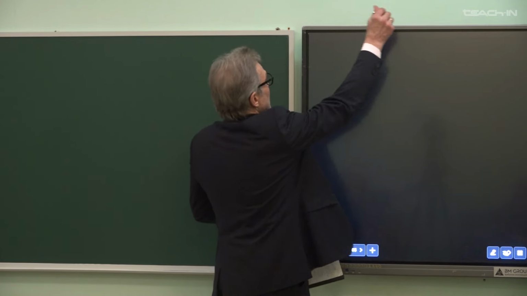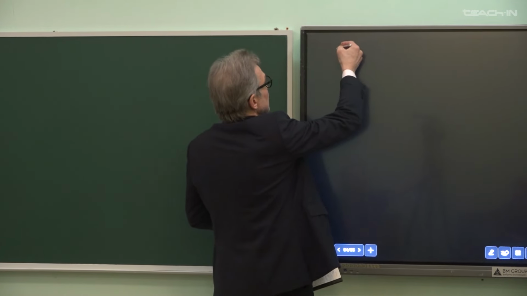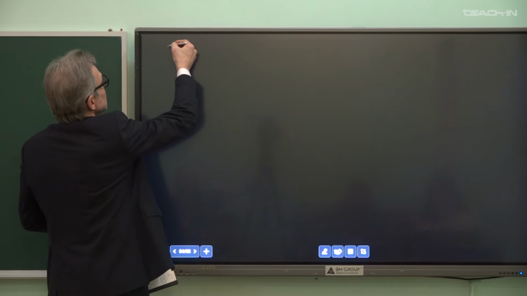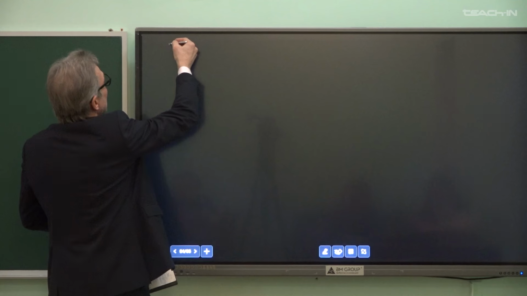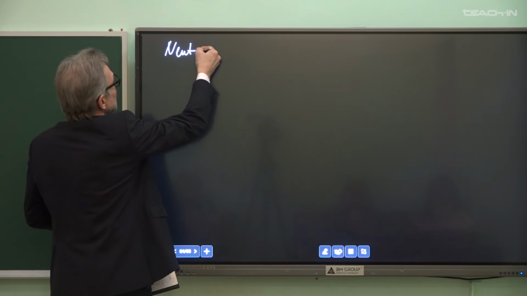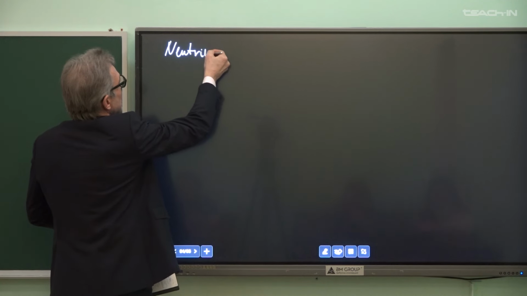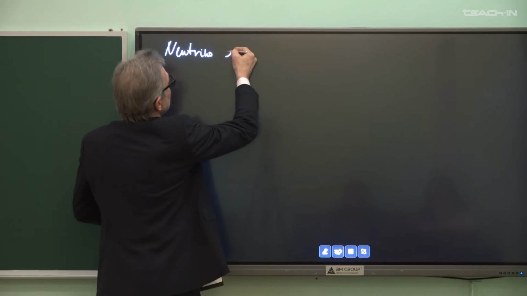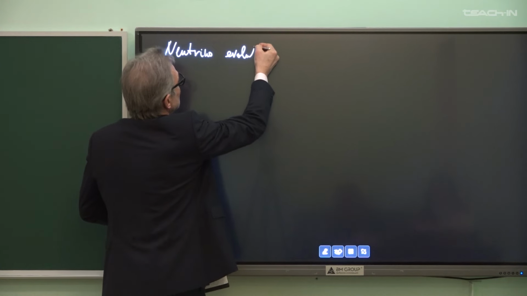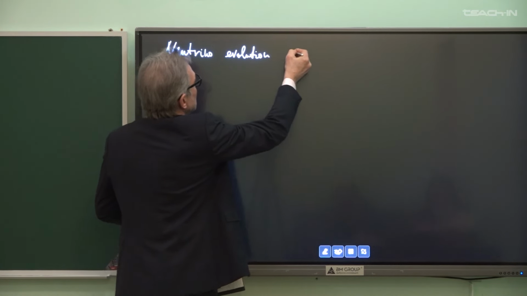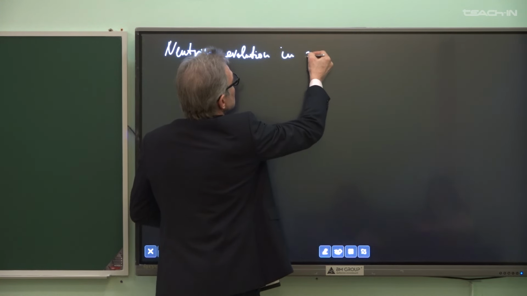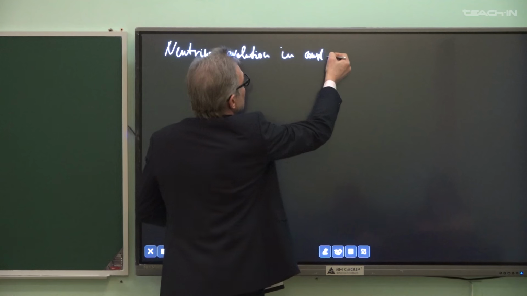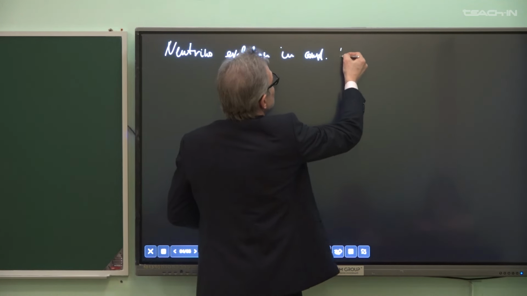So we can announce that we start the problem of neutrino evolution in a constant magnetic field